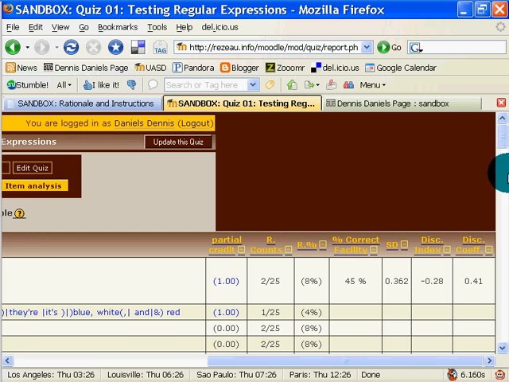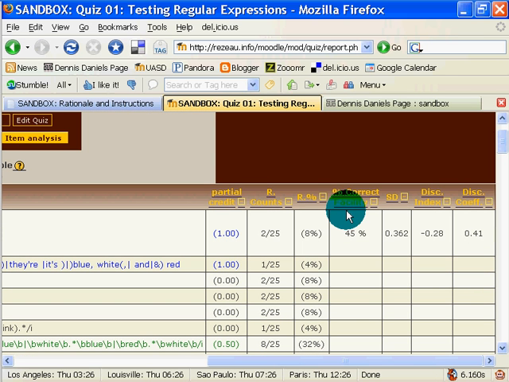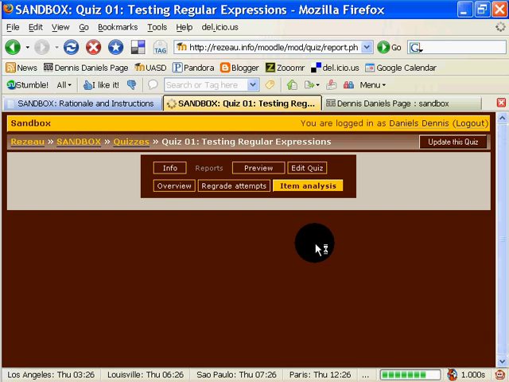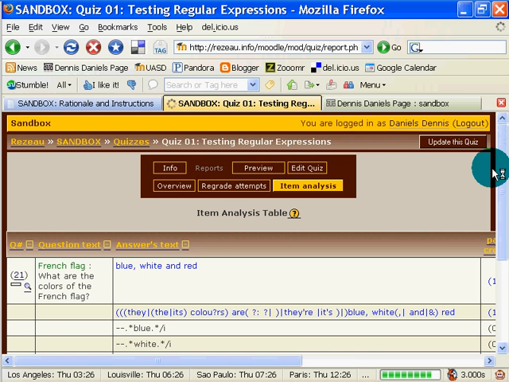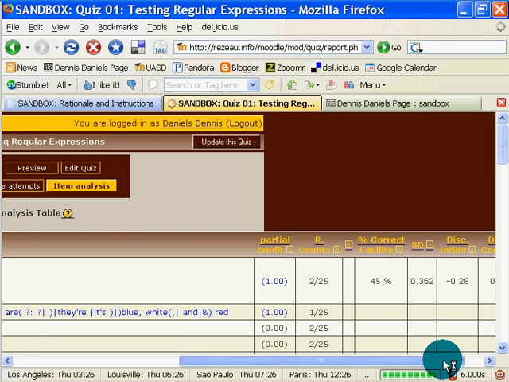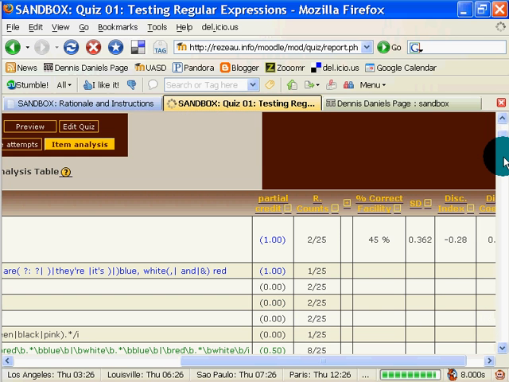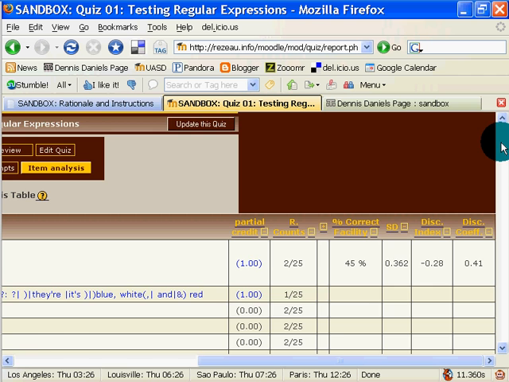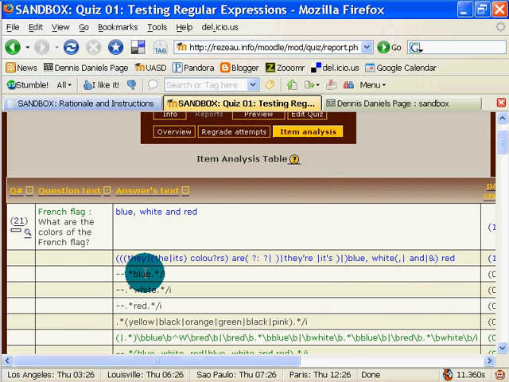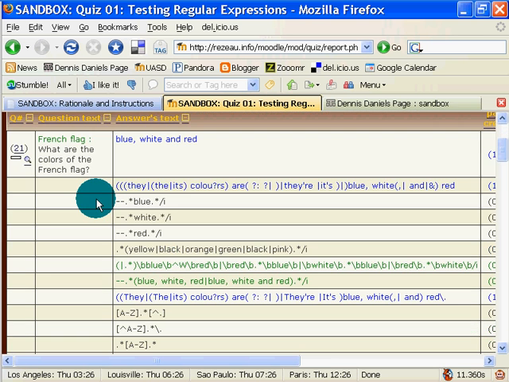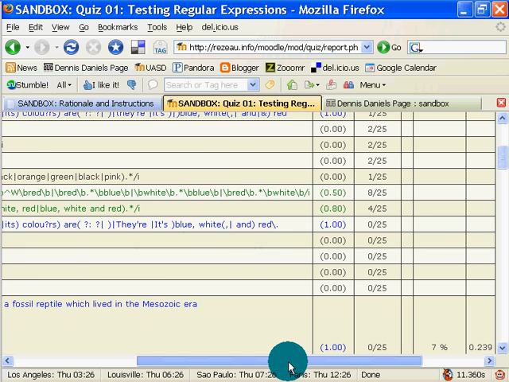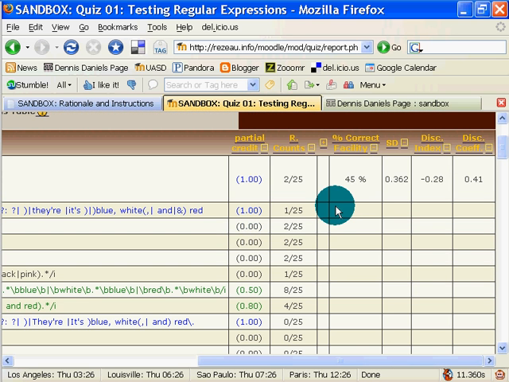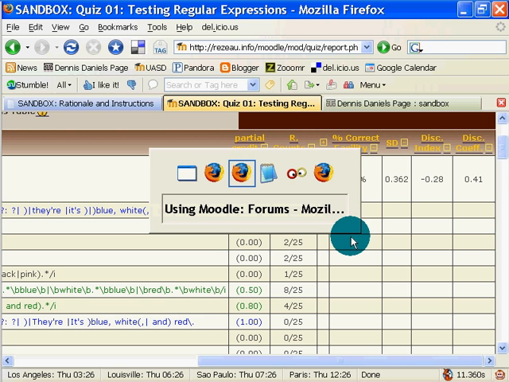And this is where I'd like to add, or, well, you can see that there's already a plus and minus here to indicate if you don't want to see something, you can turn it off. Now that should be an Ajax. I think it could be an Ajax. But what would be nice is to have another field in here to allow the teacher to review the student answers. These are all potential student answers, and the teacher could tag